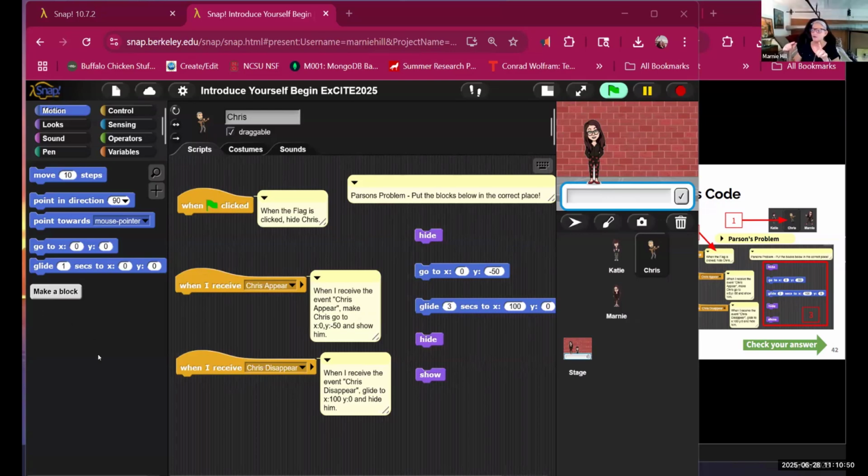Would hide be the first one when the green flag is clicked? The program starts running, right? So let's think through the process. So the program starts running, and the first part of the program, we only want to see Marnie. So when the green flag is clicked, we'll want to hide everybody else. Okay? So that's where we're going to go with that. But that's a good thought, because we wanted to see Chris, all right? So now in the next block,